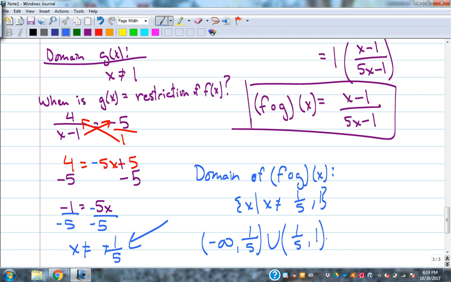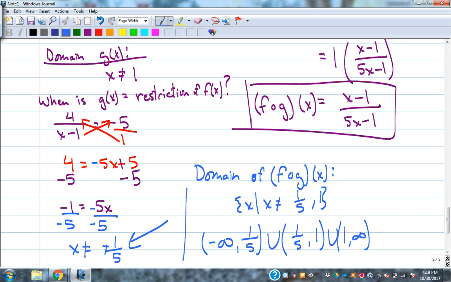And I shouldn't be. Get to what we get to, and what we don't, we'll get next week. Sorry about that. That should be a positive 1/5 on the restriction, not a negative 1/5. Positive 1/5 and positive 1. So we go negative infinity up to positive 1/5, union with 1/5 to 1, union that with 1 to infinity